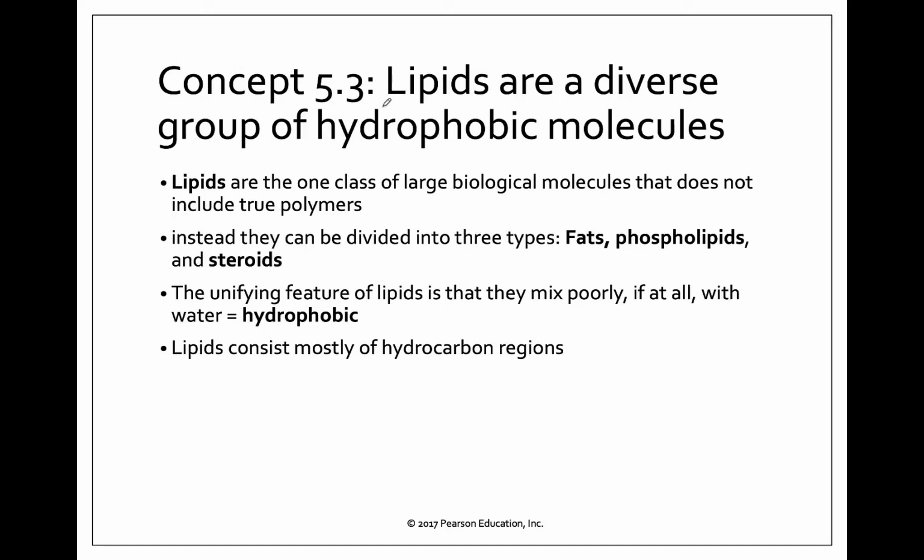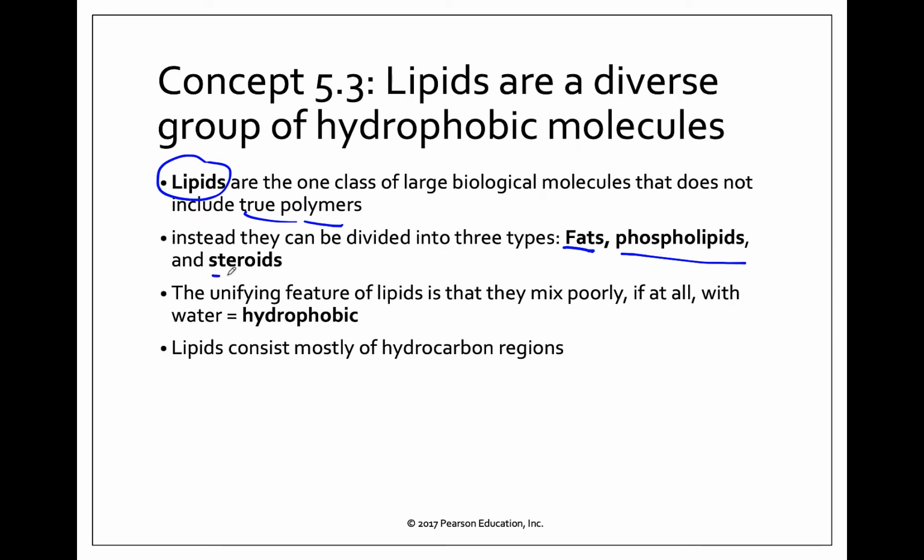All right, so our next group of macromolecules are the lipids. And these are the only group that aren't going to have monomers and dimers and polymers. So lipids don't actually have true polymers. Instead, what we have is lipids being divided into 3 different types of groups. And we'll go through each of these, but those are fats,